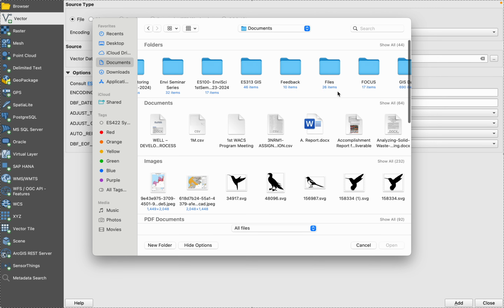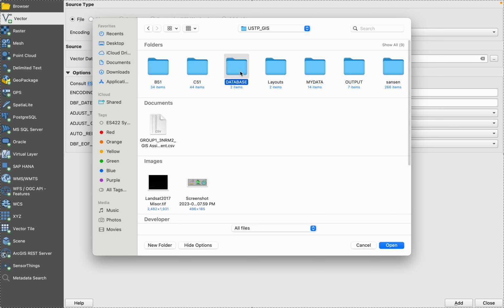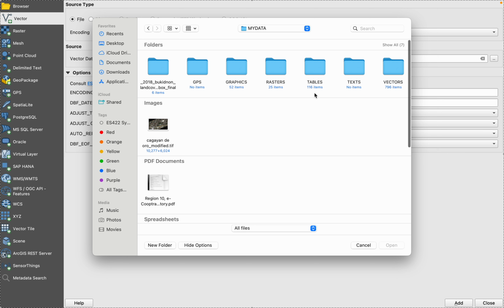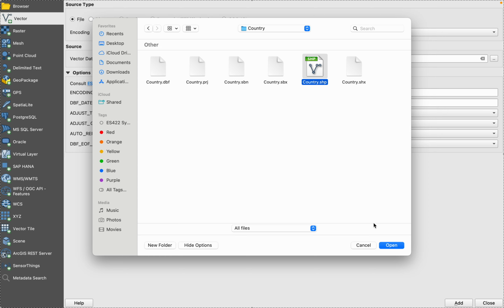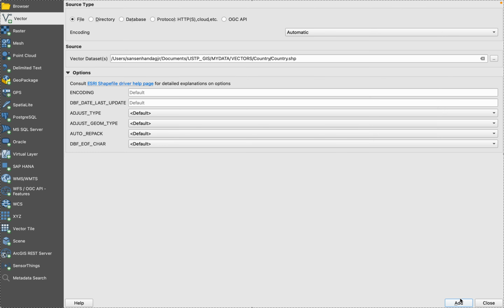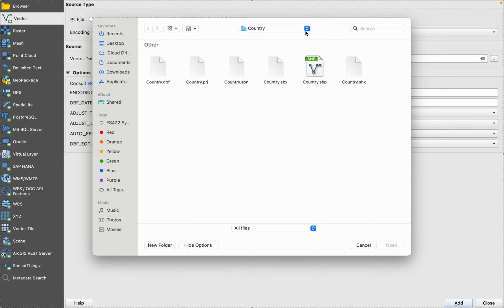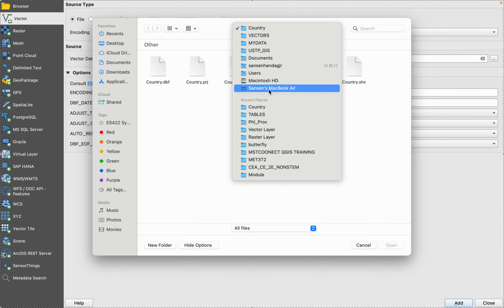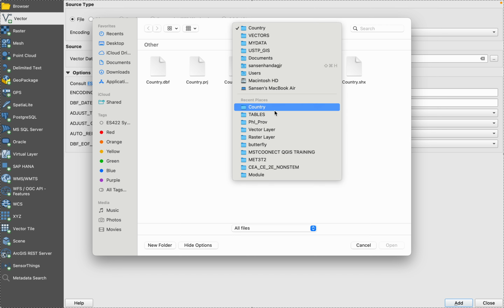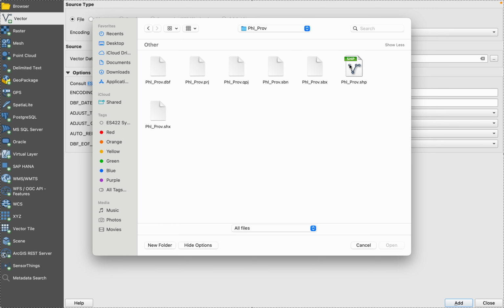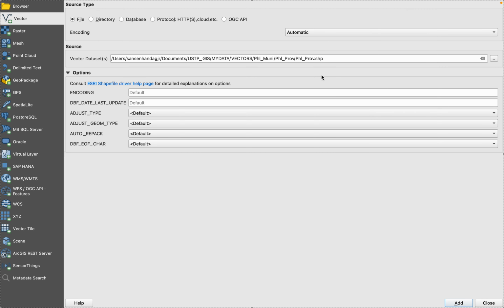It's saved here in my folder, my data, vector. I'm going to choose country first to load, and then another one for provincial, the provincial vector layer,